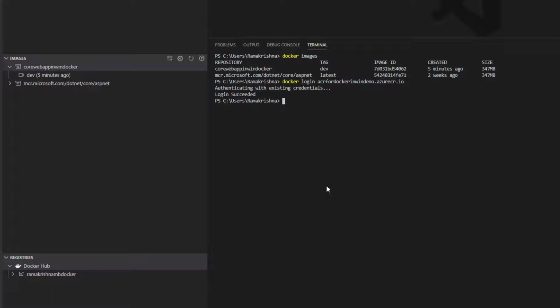So let us tag this image first. We will tag this image, then we will push that to Azure Container Registry. So let us see how to tag the image now. We need the image name along with the tag. Then we need the login server for Azure Container Registry.